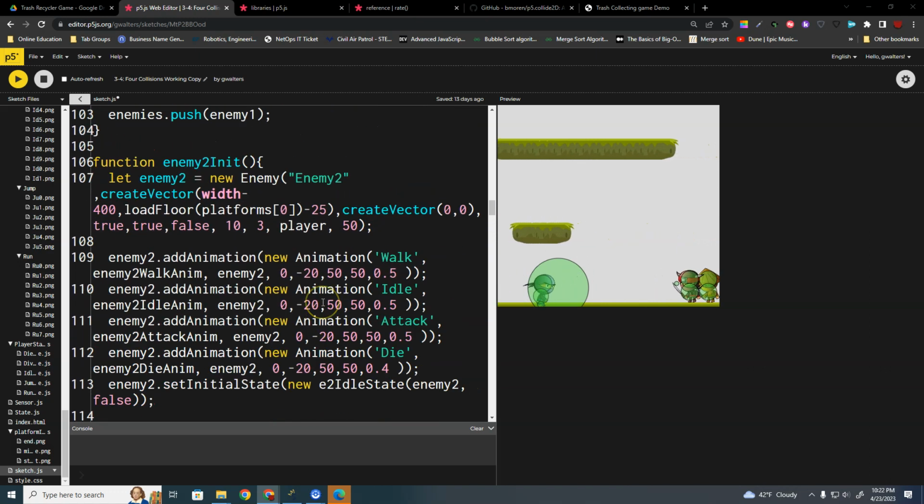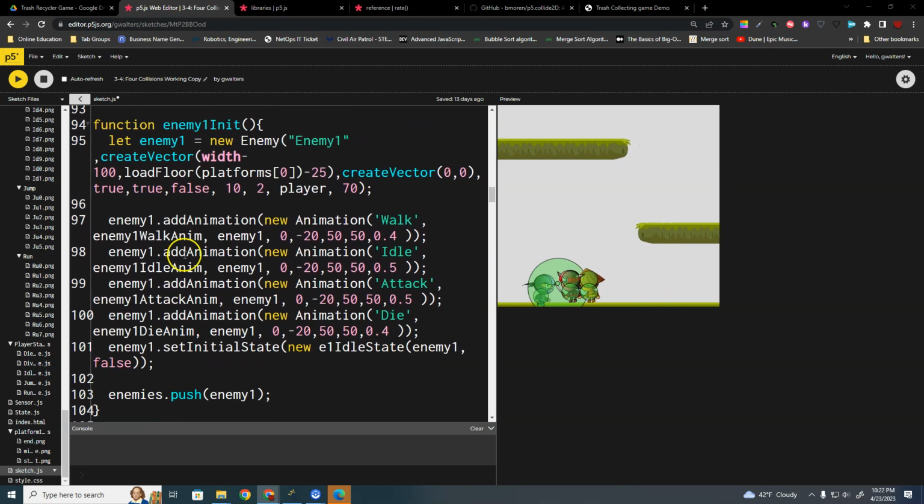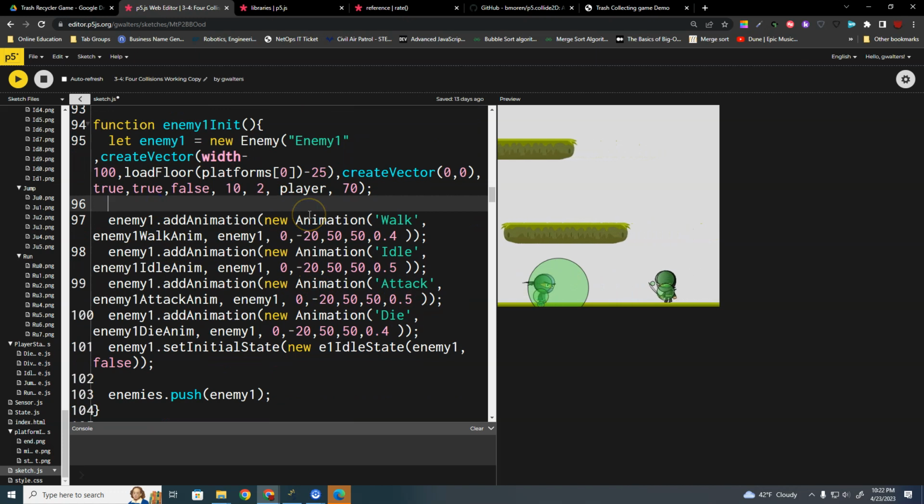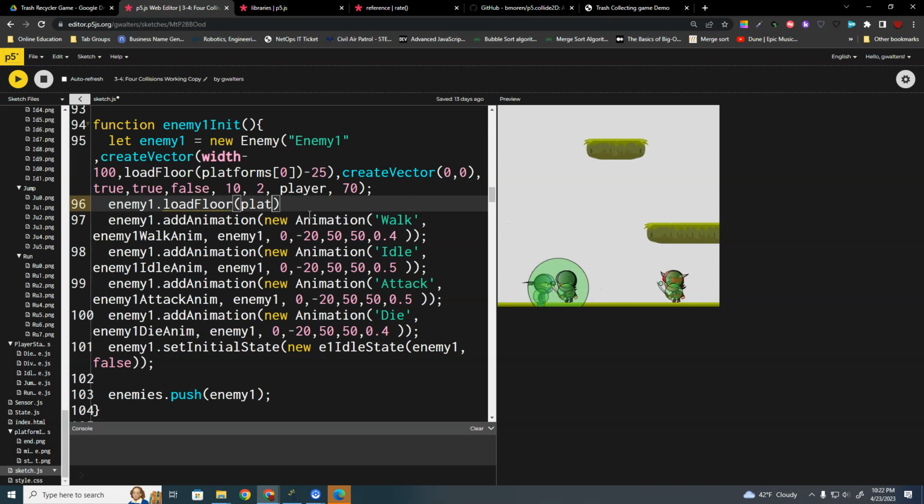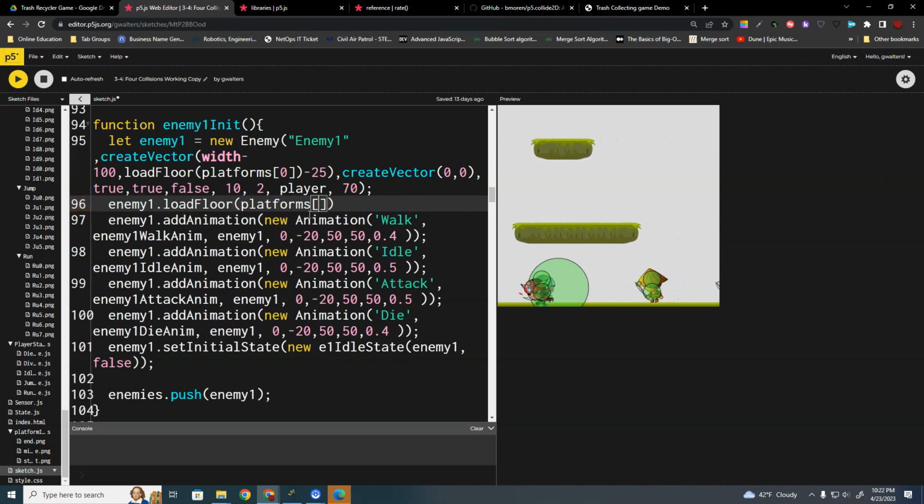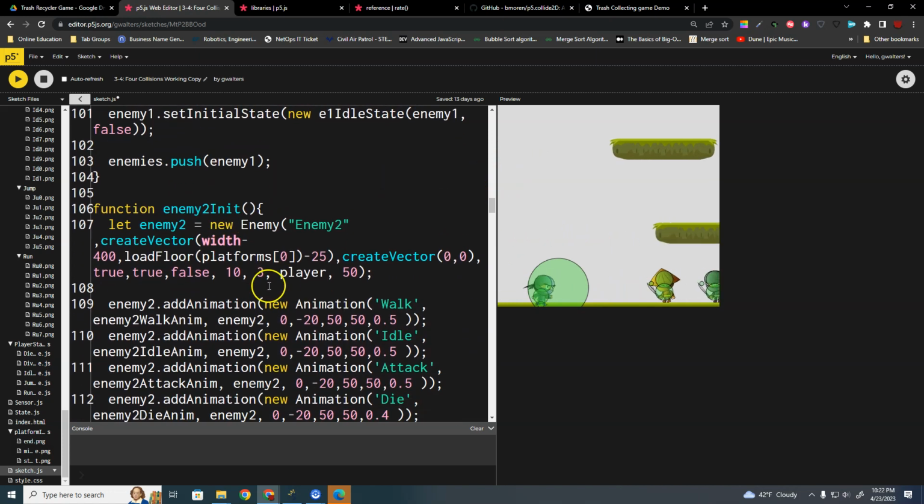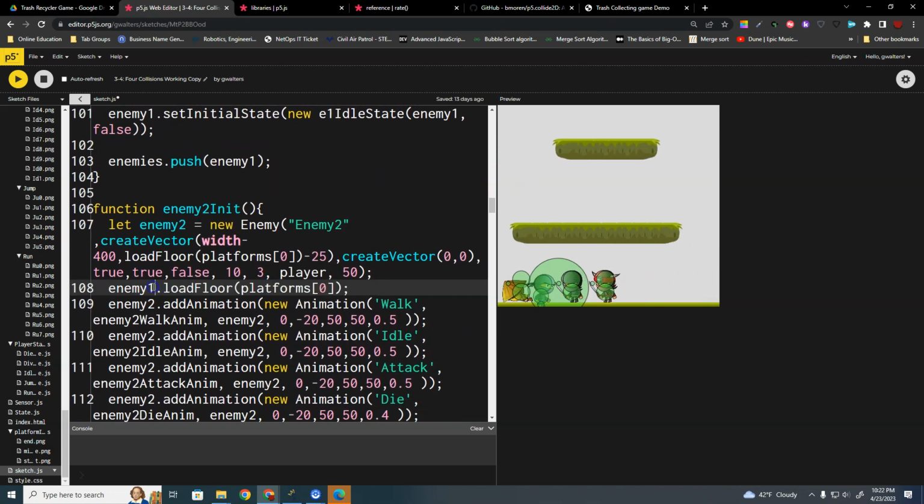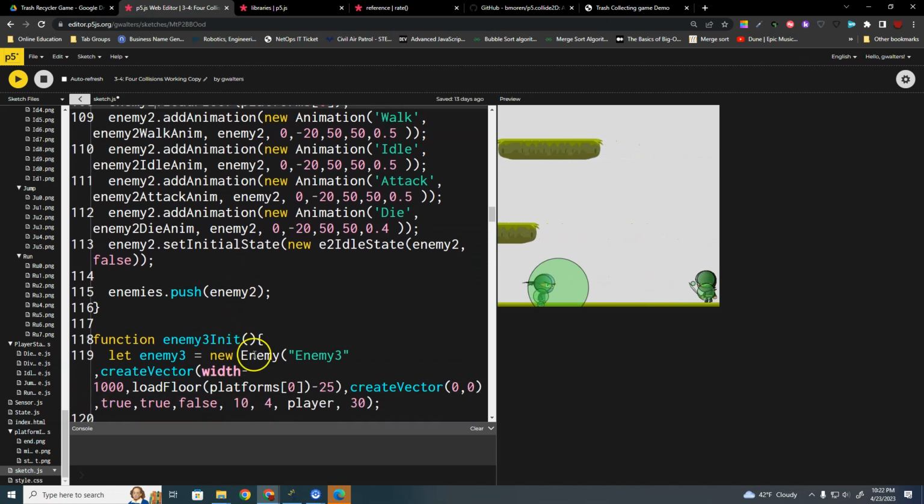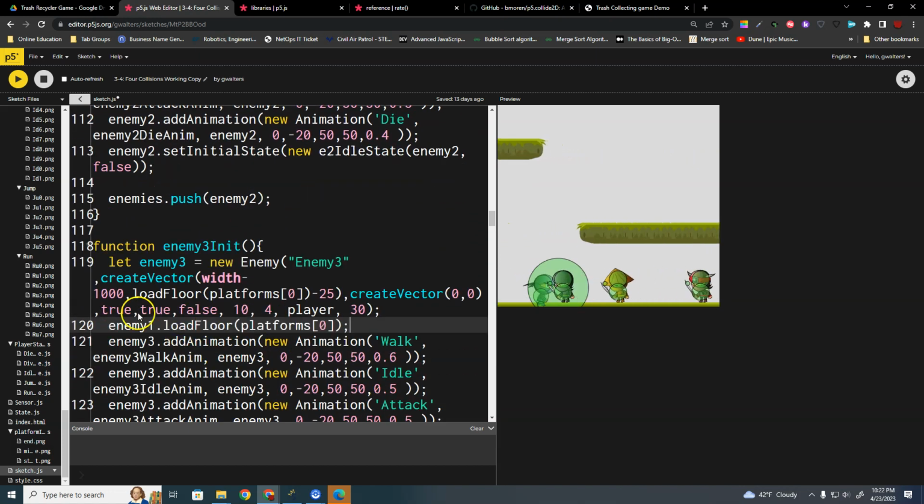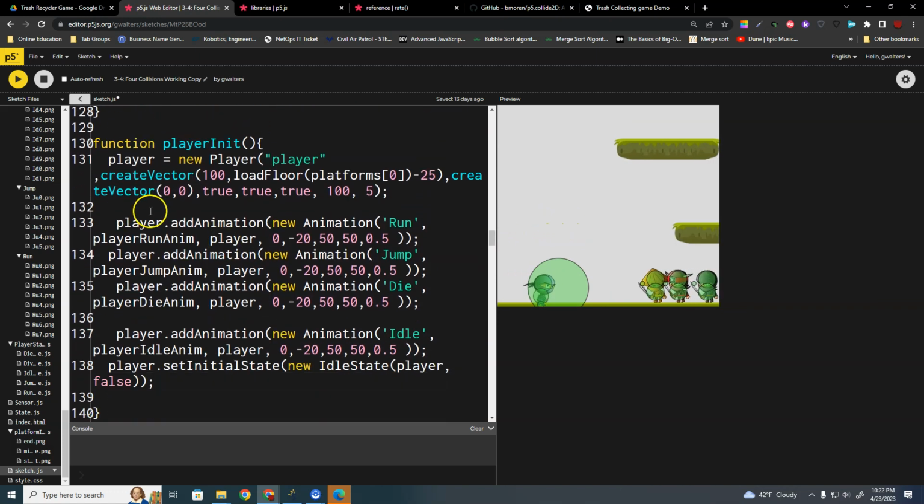Okay, so let's go back to enemy 1. All right, so enemy 1 dot load floor platforms 0. That's the bottom that we're doing. So I'm going to copy this. Enemy 2, load that. Enemy 3, load that. And then player,